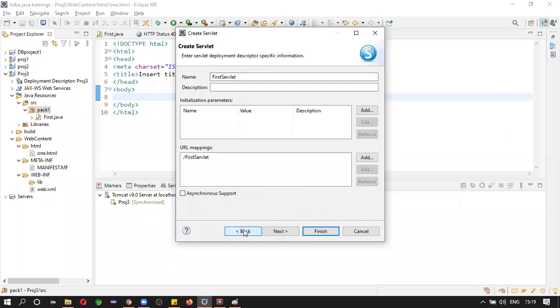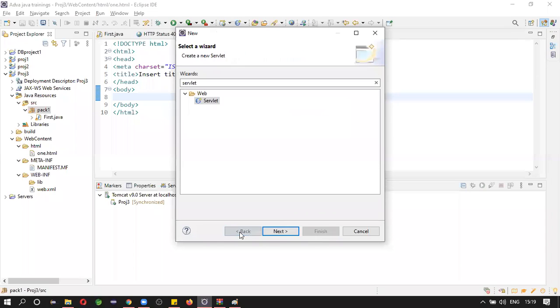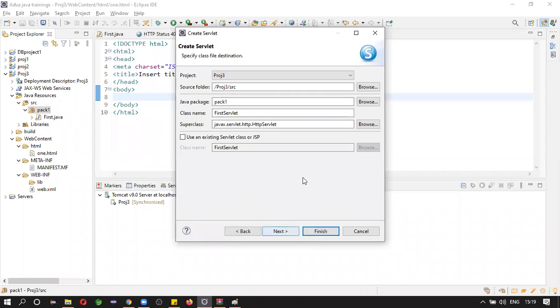Okay, let us see here. What is the superclass type here? javax.servlet.http.HttpServlet. So you are not working with the generic servlet or servlet interface directly. You are working with HttpServlet.